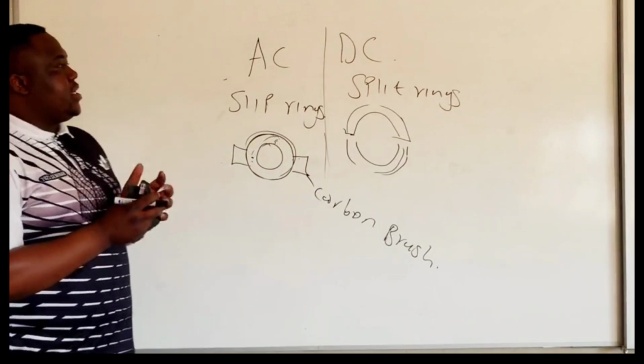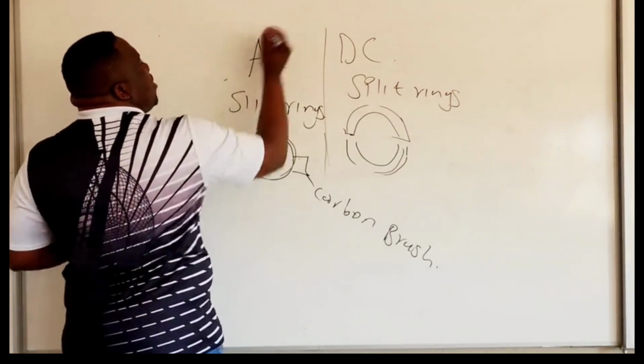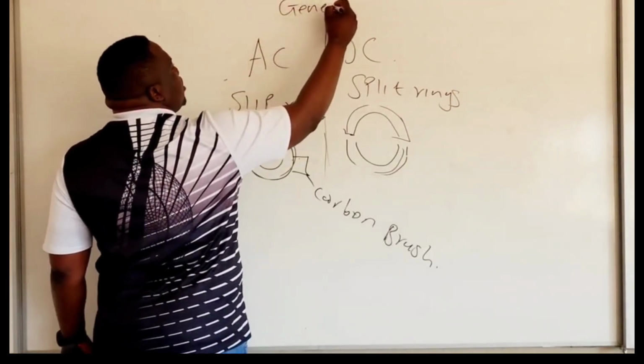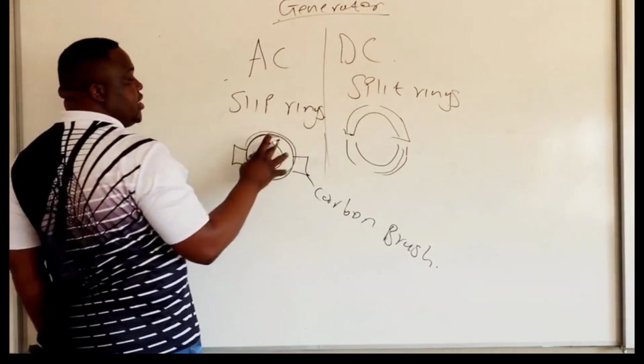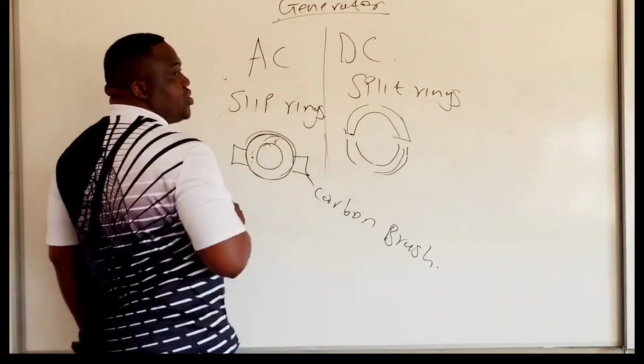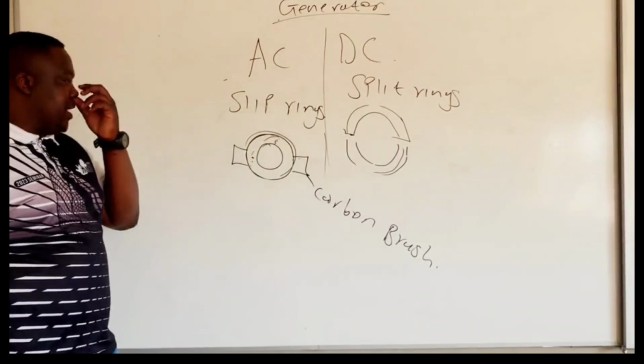What causes an AC generator? Remember I said I'm talking about a generator. But you need to take note that these rings can also be found in a motor. Since here I'm talking about the generator,